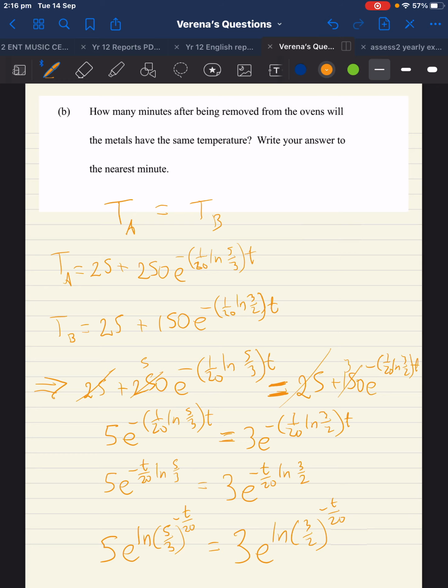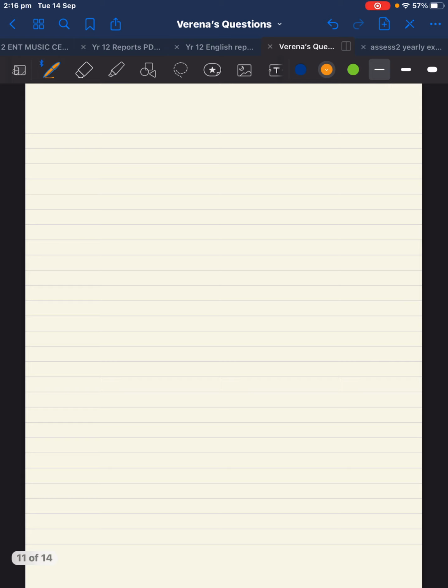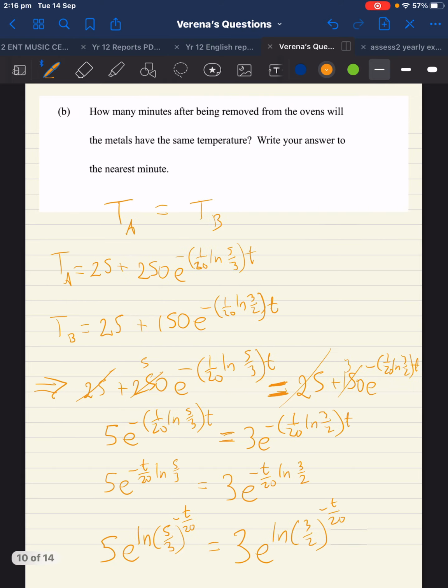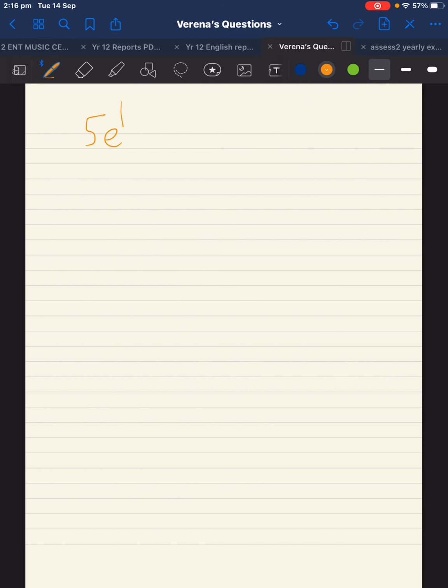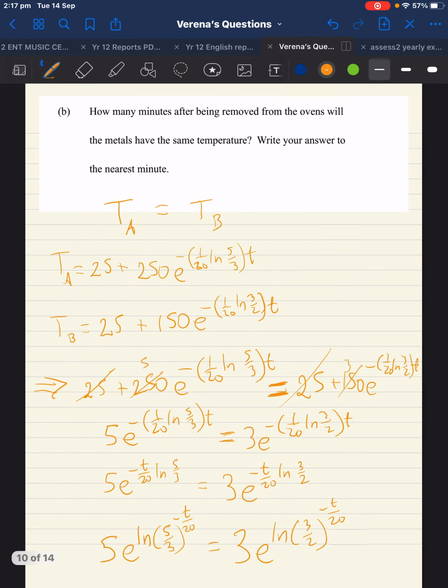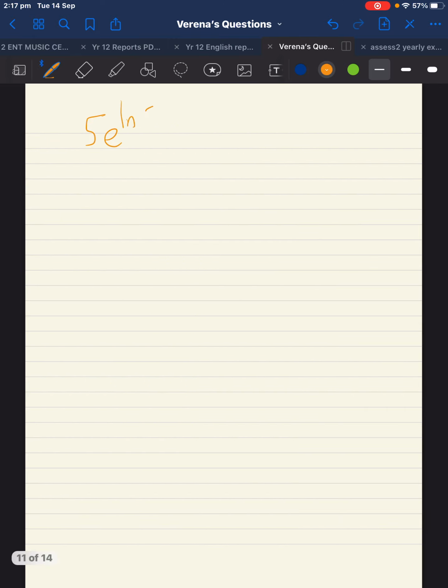All right, do I have another page? Yeah, I do. Okay, cool. All right, so we have up here 5. I'm just going to rewrite it, just so I don't make any mistakes when I go from one page to the next. This is a minus t on 20. And this side we had 3 e to the ln, so 3 over 2